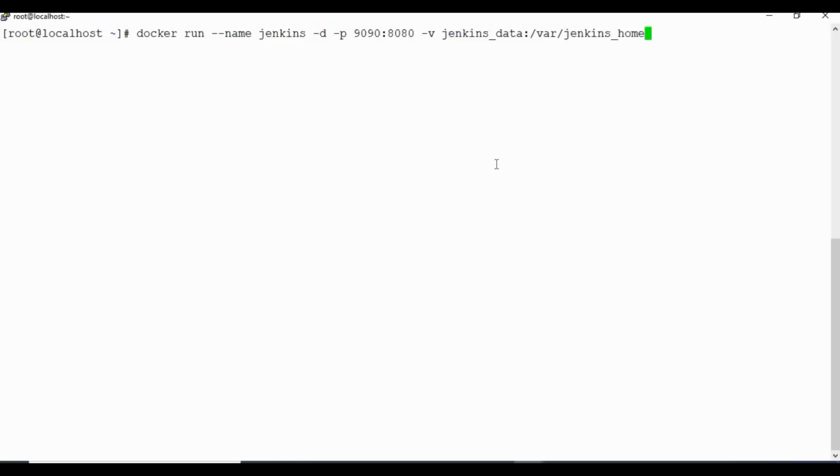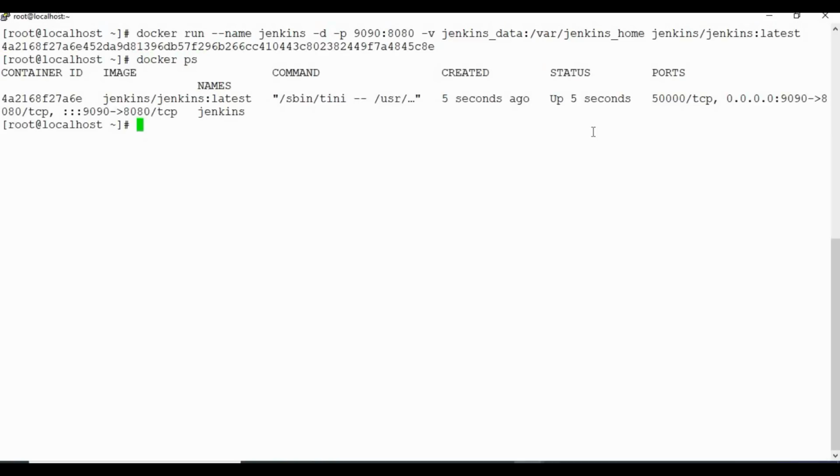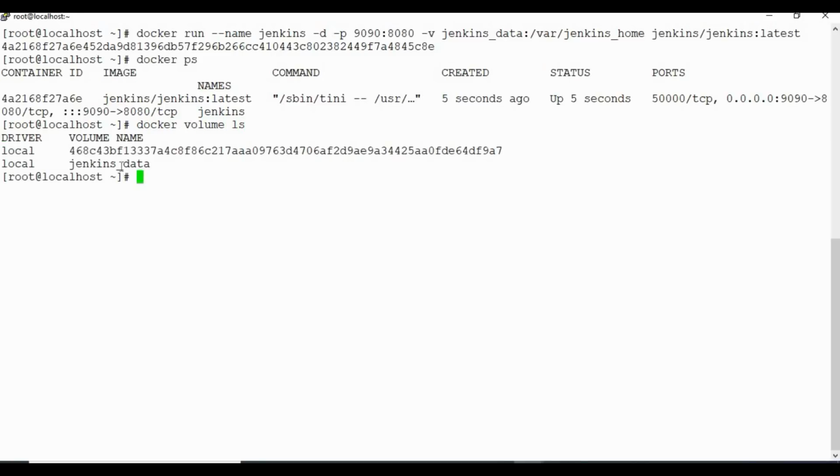So you can see we will use Jenkins own volume, and then you can map the location from inside your container to that volume. Then we can run the image for your Jenkins. So I will run the command. Now you can see, since the image was already available, it has created the container quickly, and you can see it is running. Now if I go to docker volume ls, you can see there is a volume created